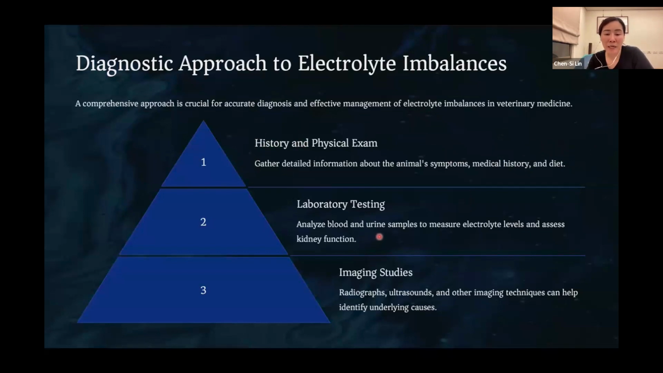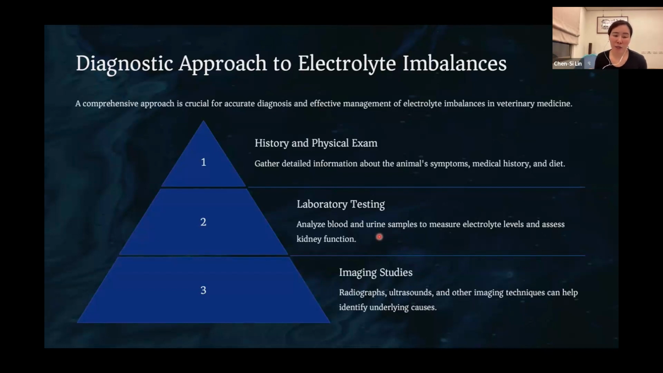We need to analyze the blood as well as the urine because we already know that the kidney plays an important role in regulating electrolyte concentration within our body, within our blood, within our body fluid. So both blood and urine are important. They need to be analyzed to measure the electrolyte levels and to monitor the kidney function. So it's important. And the third tool that we can have is